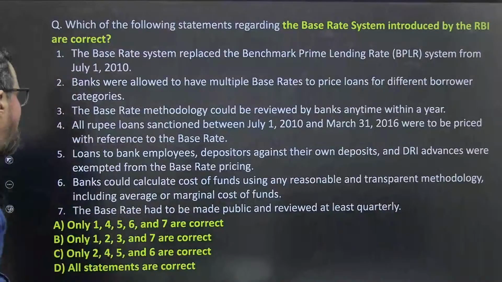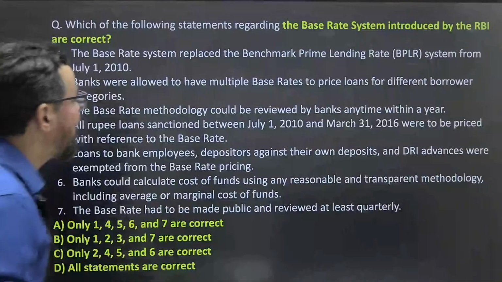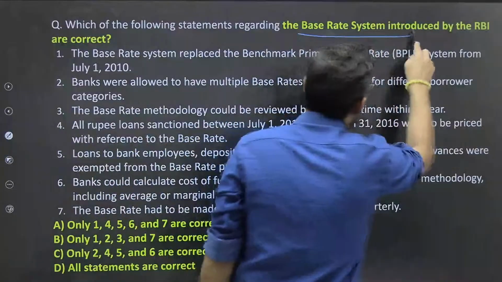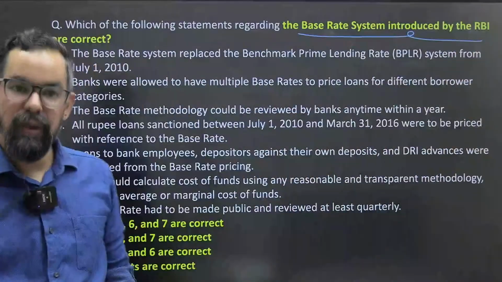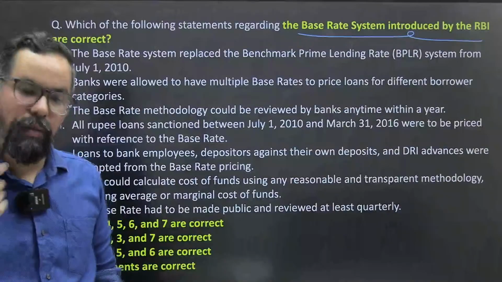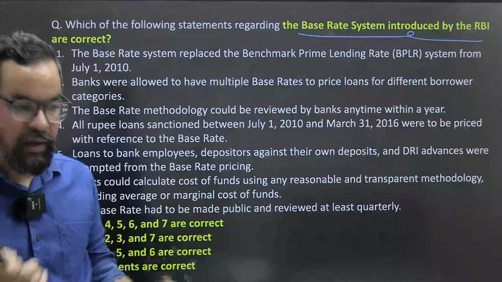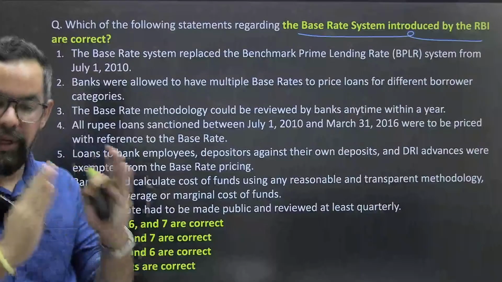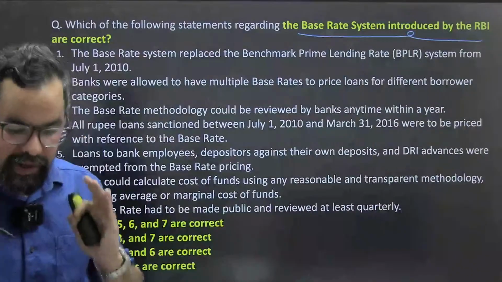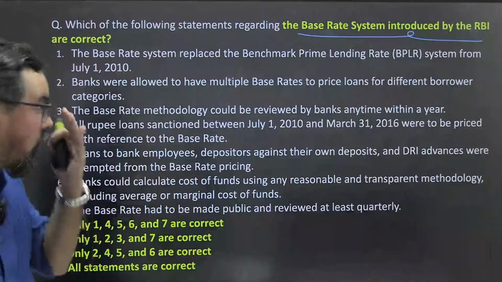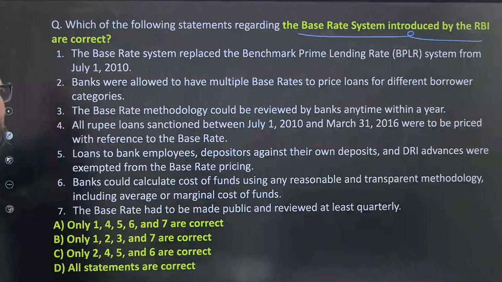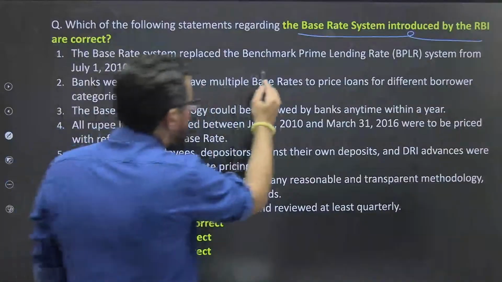Next one, guys. Which of the following statement regarding base rate system introduced by RBI. So BPLR, benchmark prime lending rate, then base rate, then MCLR. And base rate and MCLR they have mentioned in your content area itself. So I have included question based on both. It is easy, you must have read this sometime. So base rate system replaced the benchmark prime lending rate